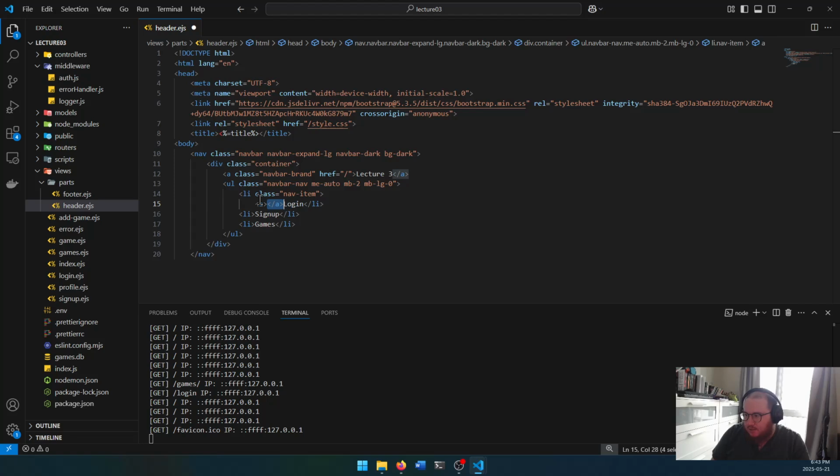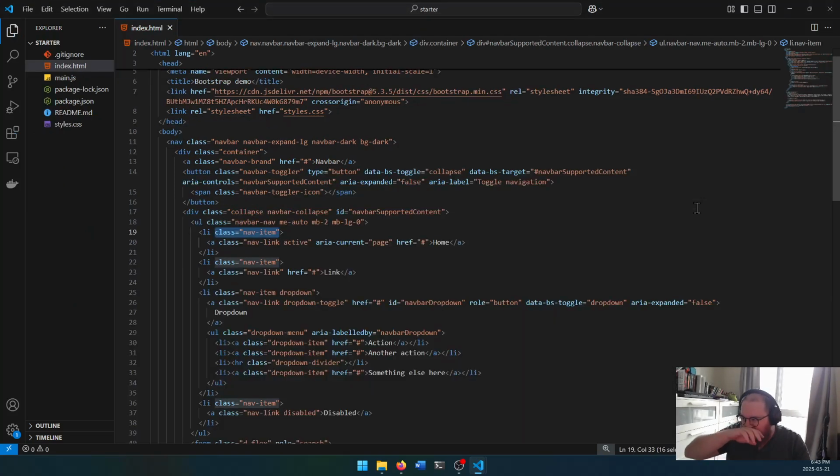And inside this link, here's where I put the word login. And then we do navlink active,